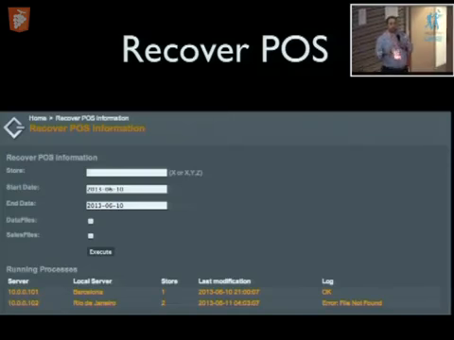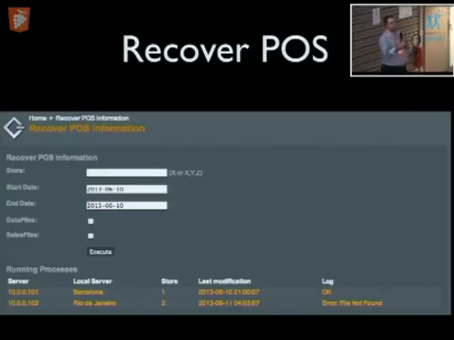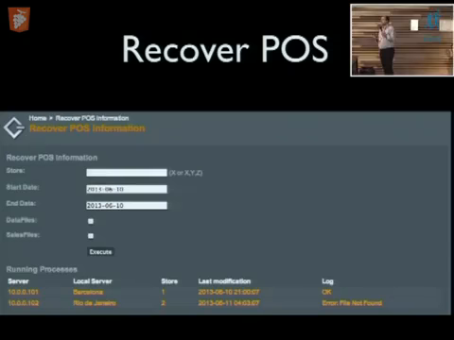How do I manage this? You put in a store or a lot of stores. You say the start date and the end date you want to recover, and what kind of information you want to recover: the data files, sale files, or both. Press execute, and it will execute. Okay, this is an asynchronous process.